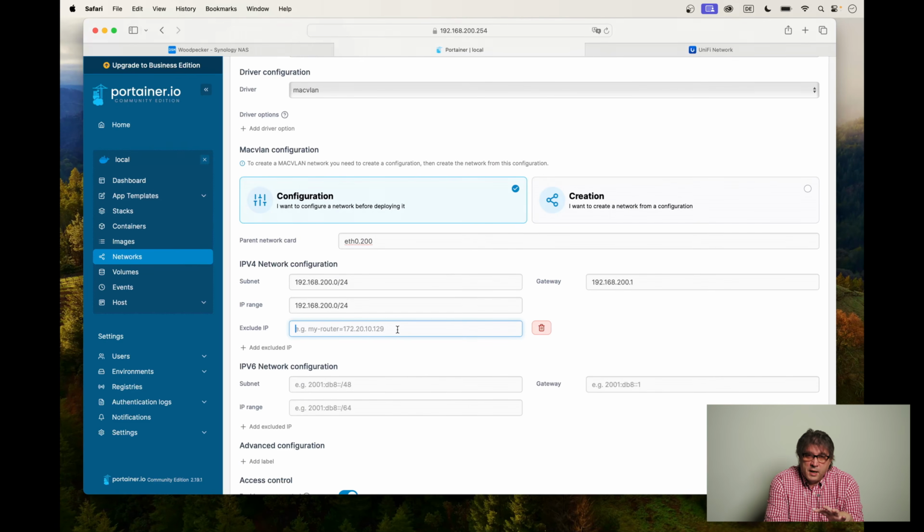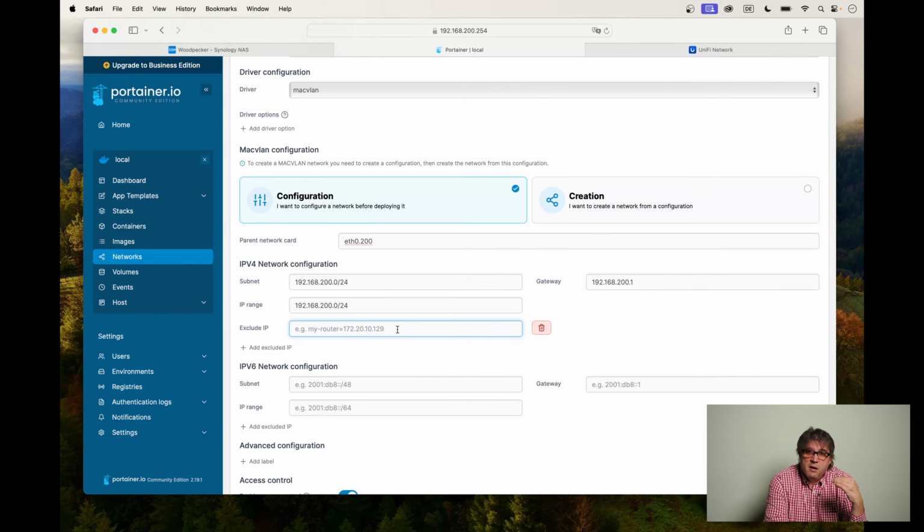Technically, it's a good idea because the container implementation creates a DHCP service for each macvlan which I implement. Cool thing, so basically if I don't issue any IP addresses manually, the container manager takes care of that for me. However, as I said earlier, we are implementing servers or services which should always be on the same IP address. And if we don't issue IP addresses manually, on each host reboot, each time the Docker or container host starts,